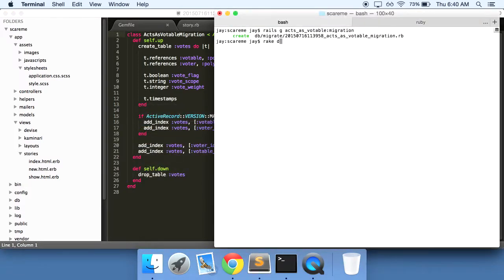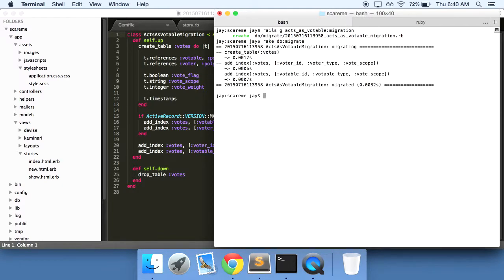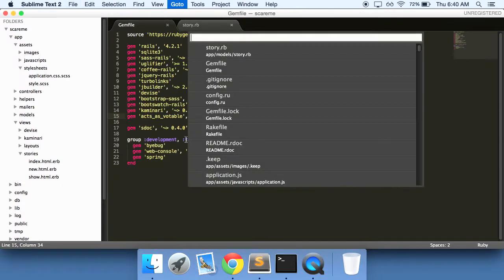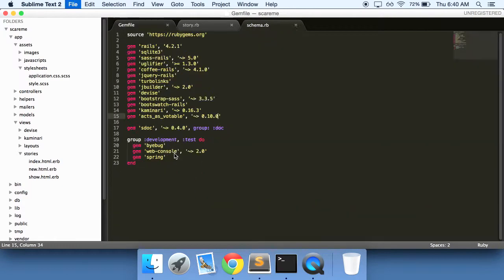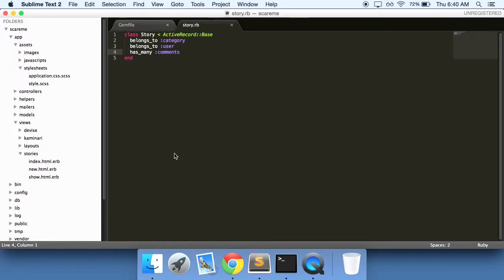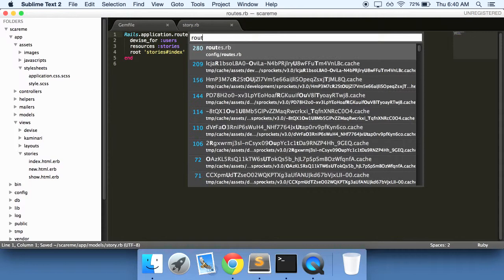So do a rake db:migrate. Good. Now we have that in our schema. We can take a look at that by going down here. We have our votes table. And then now we'll want to go into our model, do acts_as_votable. And then in our routes here,